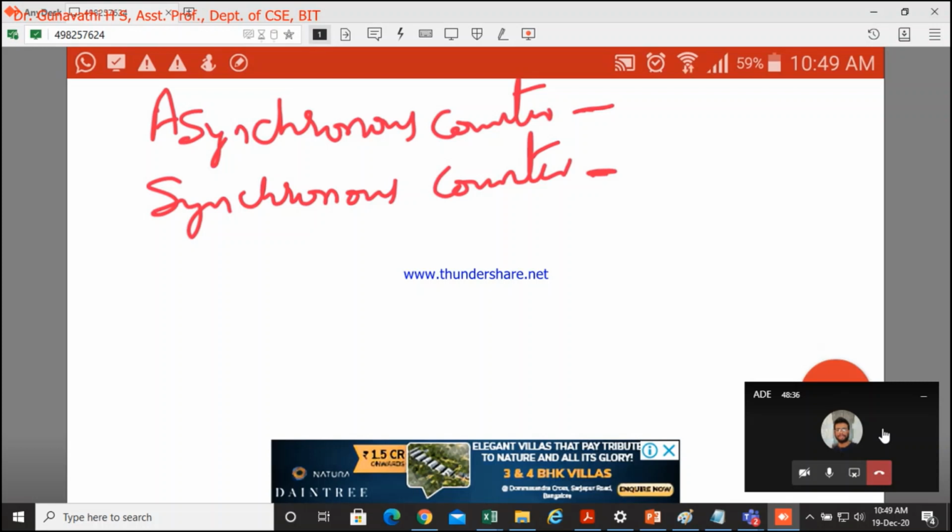Both of these we have done already, and we have discussed the difference between synchronous counter and asynchronous counter. The major difference between these is the clock input. For the asynchronous, the output of the first stage will be given as a clock for the next stage. In synchronous, the clock is simultaneously given to all the flip-flops, right?